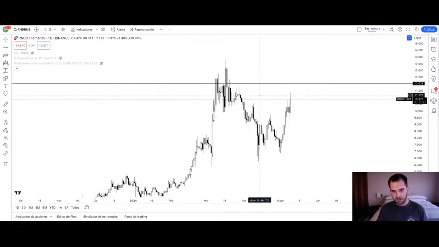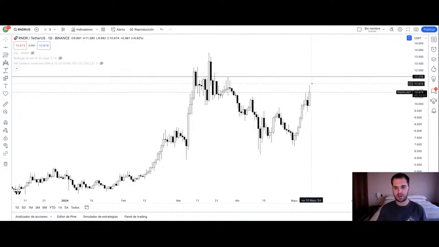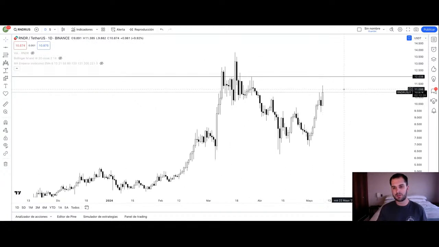Or maybe $11 as well. Basically, there's a head and shoulders top here, the left shoulder, the head, and the right shoulder. So I will be looking at Render to maybe get some resistance above this whole area, but it just looks